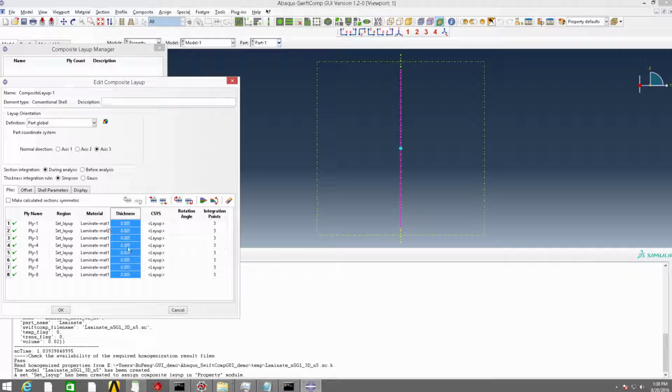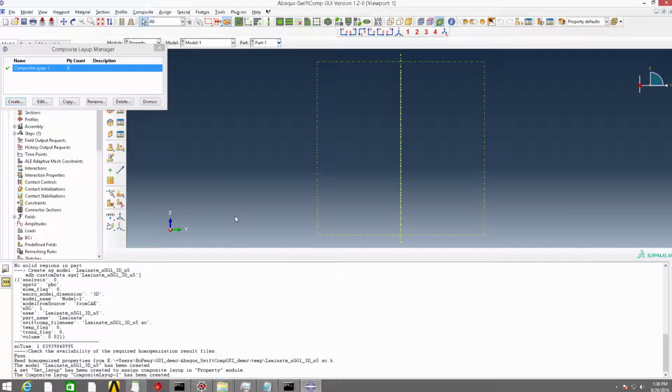Of course, you can change the thickness of any ply if you need, and the rotation angle can be 0, 45, any value you want. And then click OK. Here in this demonstration, I just didn't follow the composite layout in the slide,